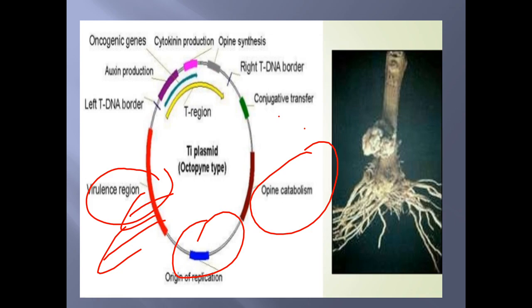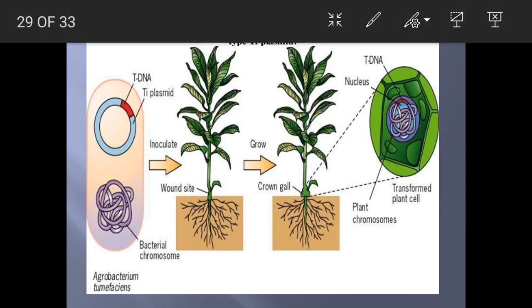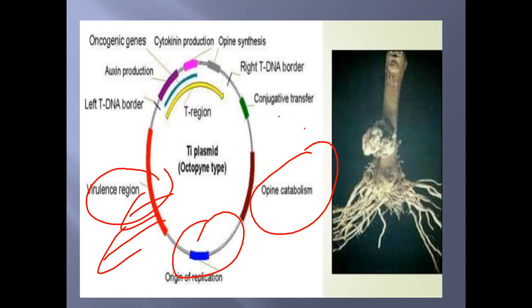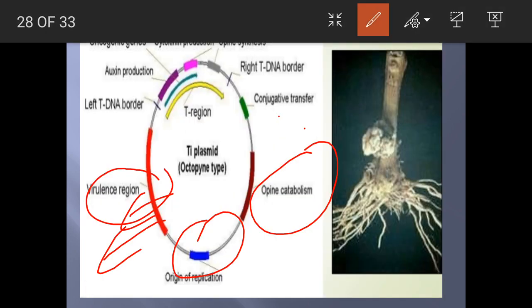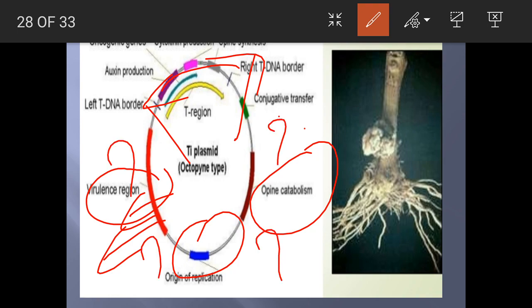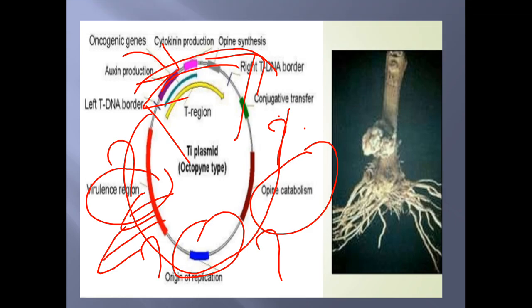So this means where we need to insert our gene in the plasmid. Whenever you are inserting your gene of interest into the plasmid, especially in between this sequence we need to insert our DNA. Somewhere here or here we are not supposed to insert our DNA, because this portion is not going to be transferred to the plant cell, only this part, the tDNA, is getting transferred into the plant cell. That is why we need to ligate our gene into this tDNA region.